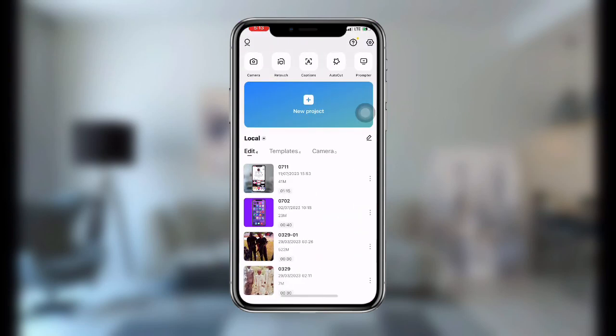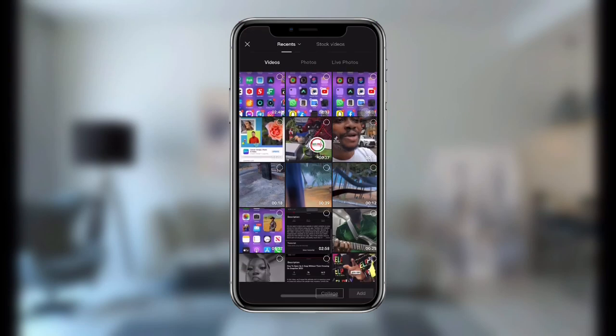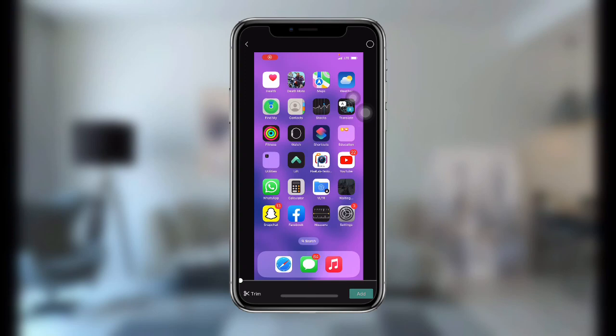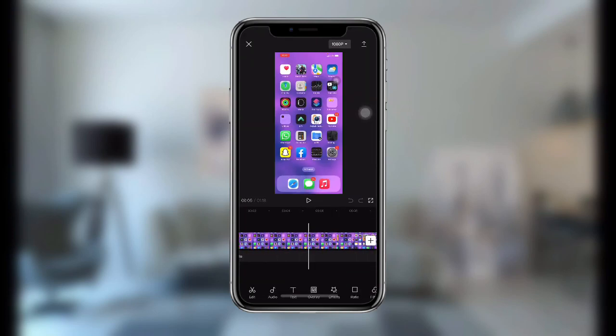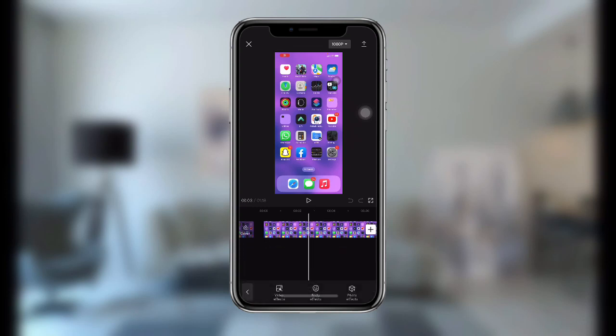and then click on new project. Now once you click on new project, select the video that you want to use. So let me select this video. Now once you have selected the video, let me add some effect and then select the Pro version. So select the Pro version,